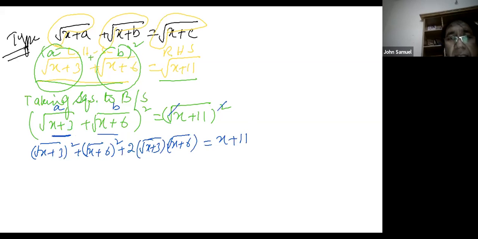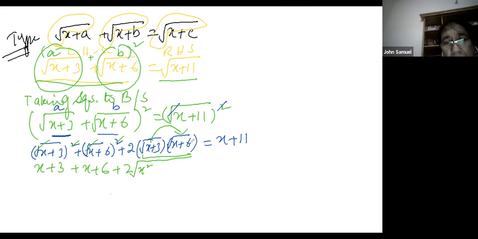Now we can cancel the radical signs and the squares, and take the product. So x plus 3 has been freed from the radical sign and the square, plus x plus 6 here, plus 2 as it is. Now both are under the radical sign, so we multiply x with x plus 6, which is linear actually. Under radical sign, we write x into x, x square, plus x into 6, 6x. Similarly, 3 with x, 3x. Then 6 threes are 18. Hope you are getting it, my dear.